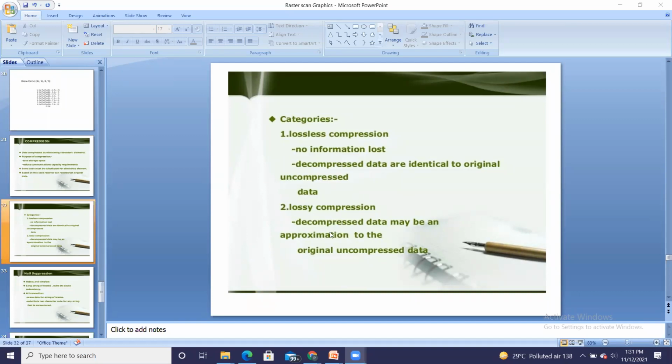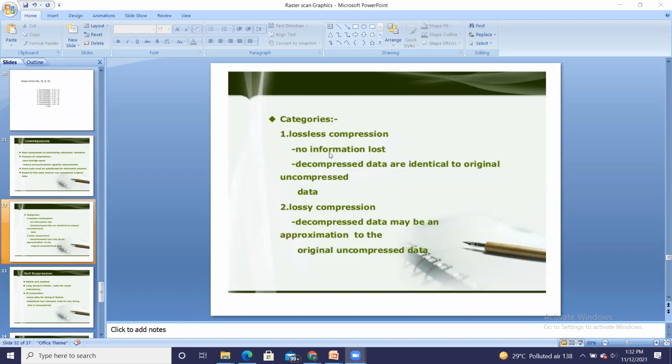So this type of compression is called lossless compression. And in lossy compression, decompressed data may be an approximation to the original uncompressed data. So the decompressed and uncompressed data are not identical, but it can be an approximation to the original data.